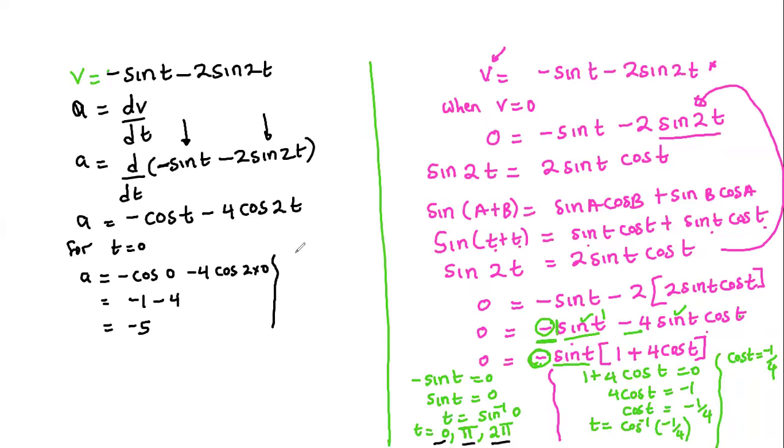Then after that, when my t is equal to pi, my a will equal negative cos of pi minus 4 cos of 2 pi. Be putting them in your calculators and we see what we have. Do not forget now here, the moment you have pi,